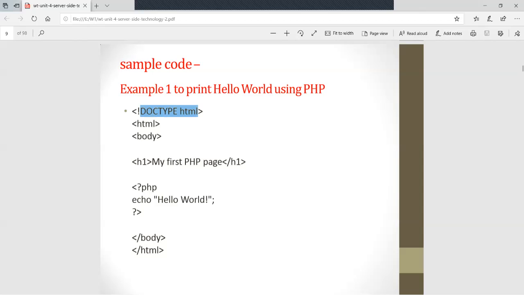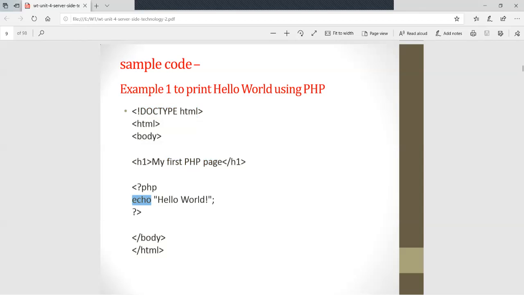Of course, the doctype I already told you about. Your PHP code is embedded with HTML code. So first the doctype HTML comes because it is an HTML file, then the HTML opening tag, then the body tag. In that, I have written "My first PHP page" in a heading. Then inside your page, what do we print? echo "hello world".